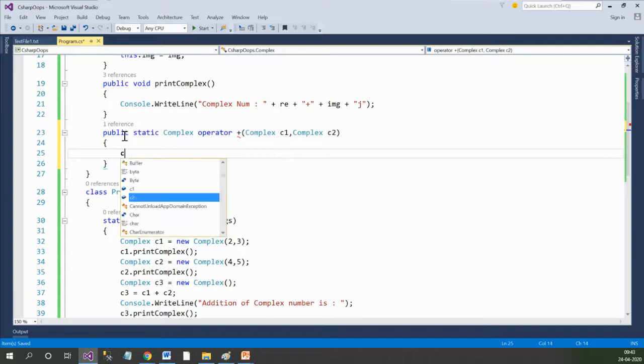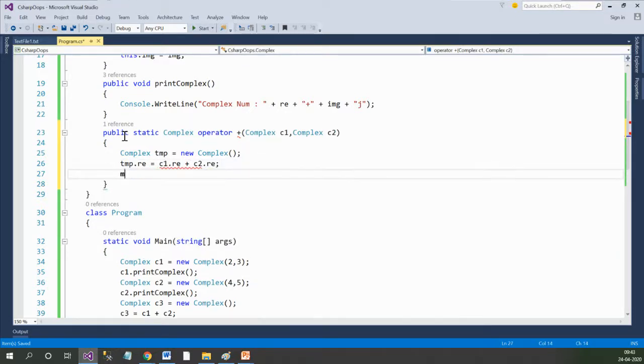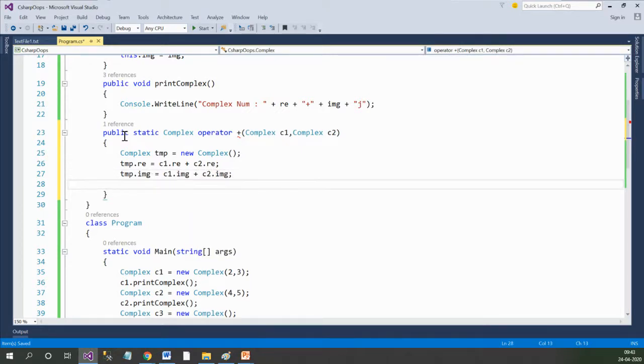So I'll create a temporary object here, and this temporary object will perform the addition of two numbers. So temporary.real equals C1.real plus C2.real, and temporary.imaginary equals C1.imaginary plus C2.imaginary. So it will perform the addition of real and imaginary. And finally, since my data is in the temporary object, I'm returning the TMP.